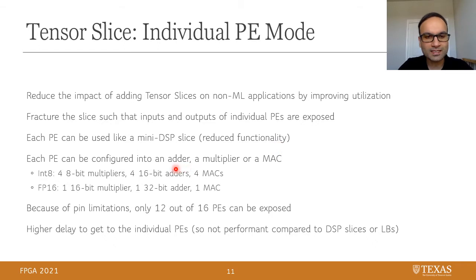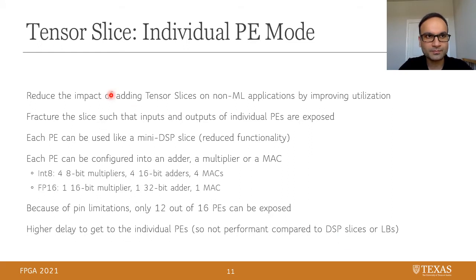It's not a full DSP slice because it has reduced functionality. It can be used as either an adder or a multiplier or a MAC. Because of pin limitations, only 12 out of 16 PEs can be exposed. We did not add additional ports just to support individual PE mode. It should be noted that the delay to use the individual PEs is